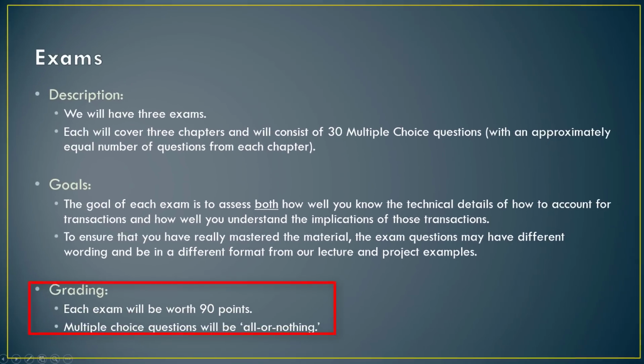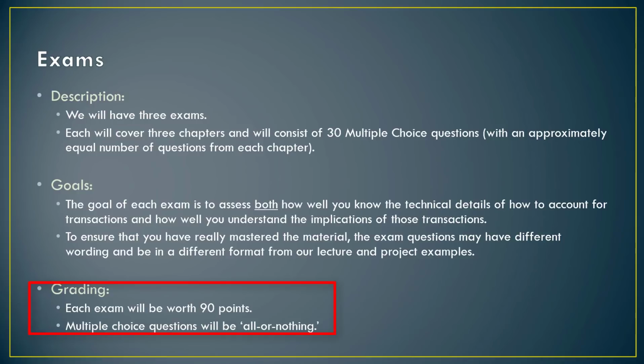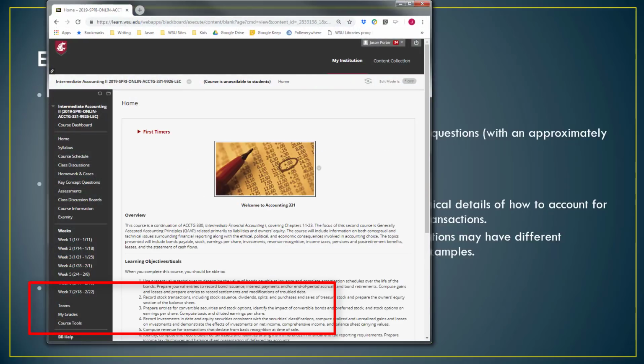Last details down here at the bottom. Each exam is worth 90 points, so it's 3 points per question, and they're all or nothing because they're multiple choice and the system's grading them. You will need to work with the university to get an approved proctor. You can go through the process to get a live proctor, or back on our web page here,